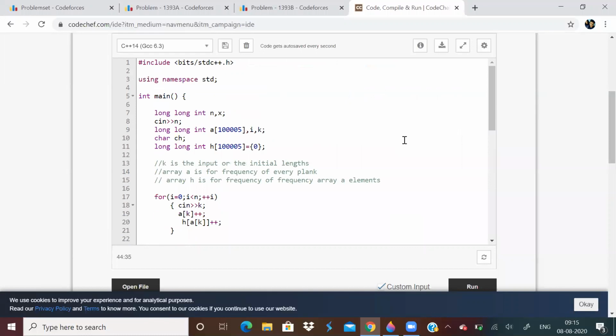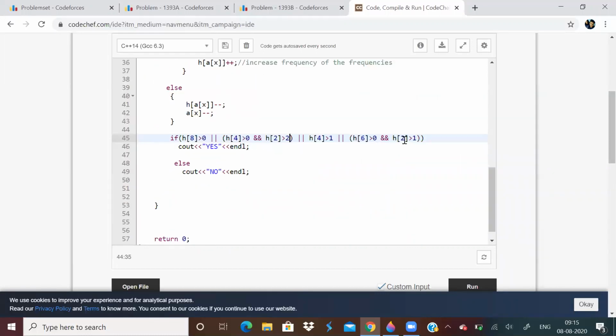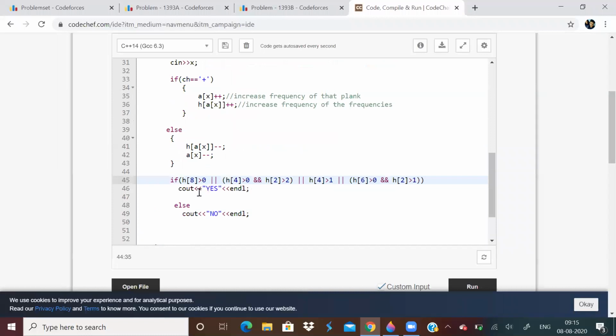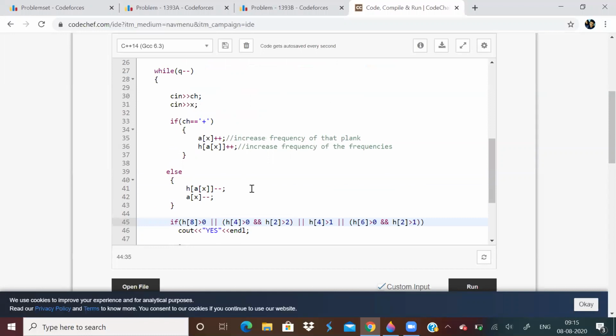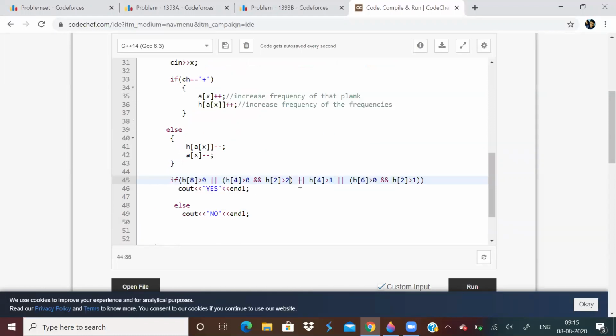So the solution is a bit complicated, but if you sit with pen and paper, you will get it now, I think. You can have a look at this. It was a question on hashing only. But I think people would have gone wrong in this if statement. I think you would have written 1 here and 0 over here. You cannot write 0 over there. You can think about it. I have given you some hint. You cannot write 0 and 1 over there because there will be a condition wherein you are counting the same element.